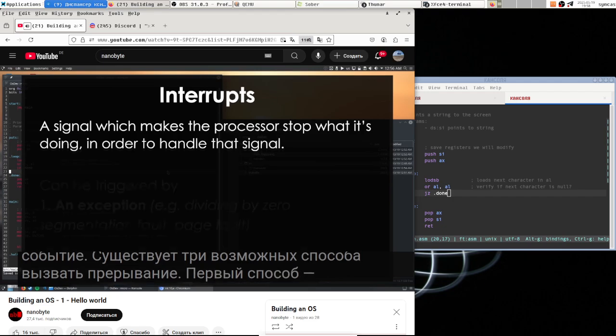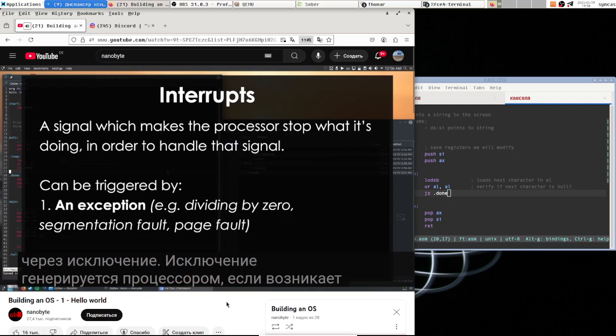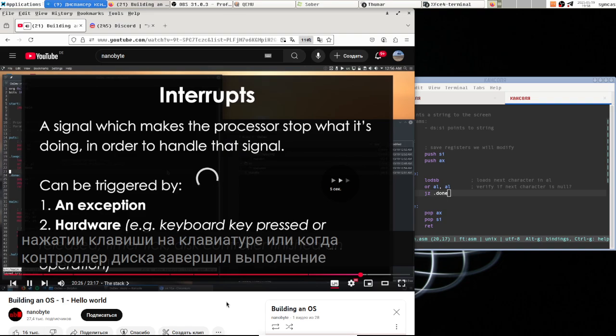The first way is through an exception. An exception is generated by the CPU if a critical